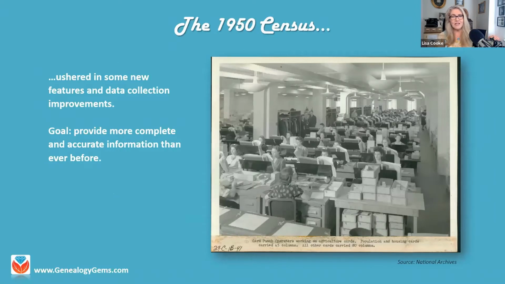The 1950 census also was very unique in that it ushered in a lot of new features and data collection improvements. They were really focused on getting the most accurate census than ever before. They had identified areas where it fell short in previous enumerations, where they missed people, how they missed people. And in 1950, it was all about efficiency and